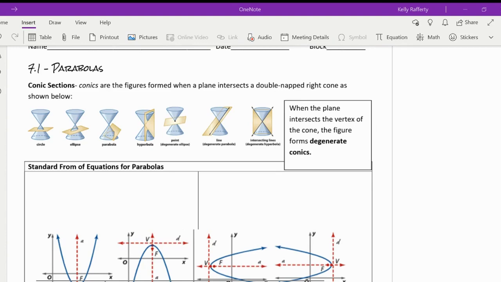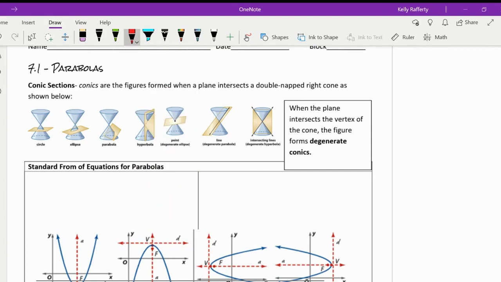A parabola is if you intersect with like the bottom of that hourglass figure. So we get these parabola shapes we're used to, and so on and so forth. You could get a hyperbola, a point, you could get a line or two intersecting lines. And when you get a plane that goes through the vertex, like these last three over here, we call those degenerate conics. It's kind of like a conic that has never been really generated, right? We just get a line or a point and not these kind of cooler shapes we have for the first